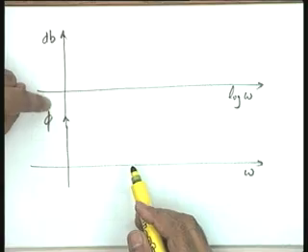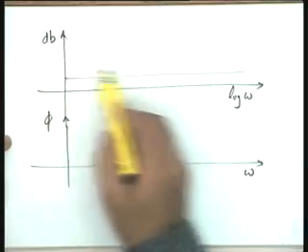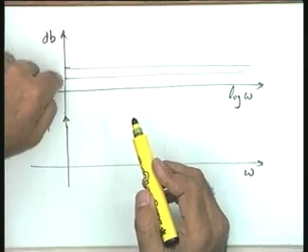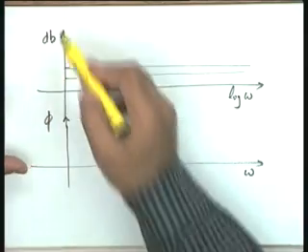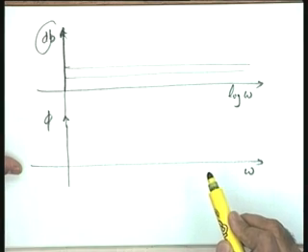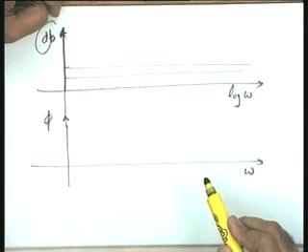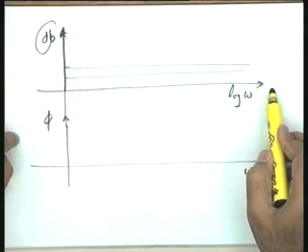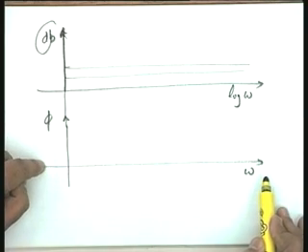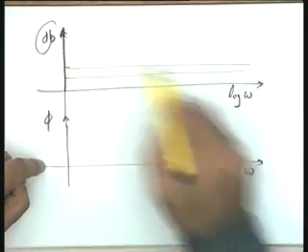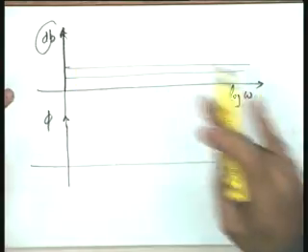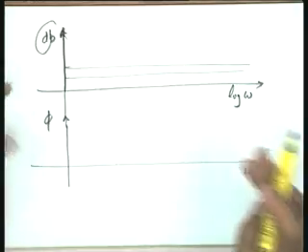Now, what will be the scale on this side? The scale on this side is going to be linear and not log, because the log operation has already been taken and the magnitude in decibels can be taken with respect to a linear scale. Okay. So, this scale is linear on this axis, this scale is the log omega scale, here phase is linear on this axis and here is the log omega scale. In that case you can see that the asymptotic plots, or the approximate plots, in both the cases, phase as well as magnitude, become